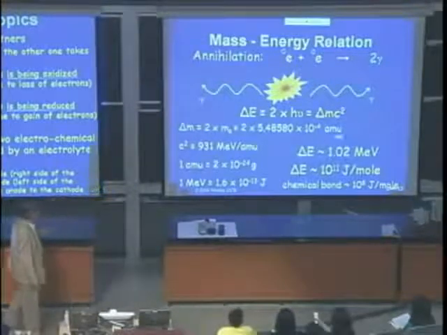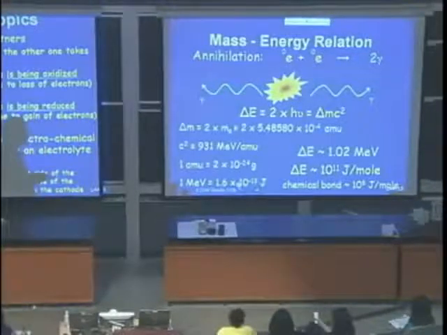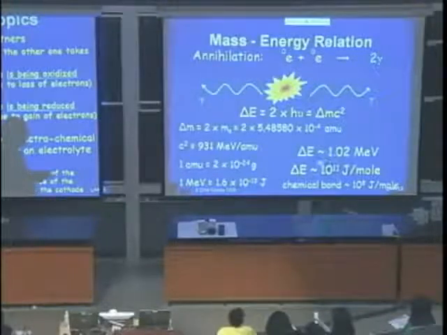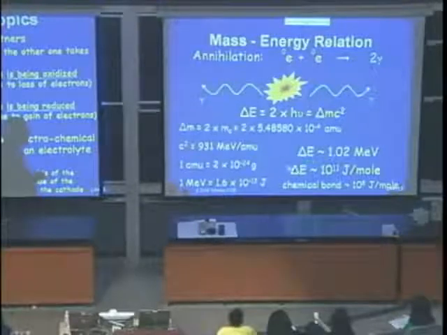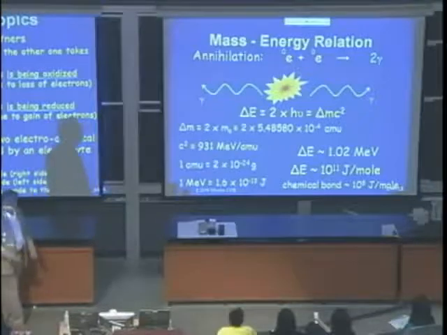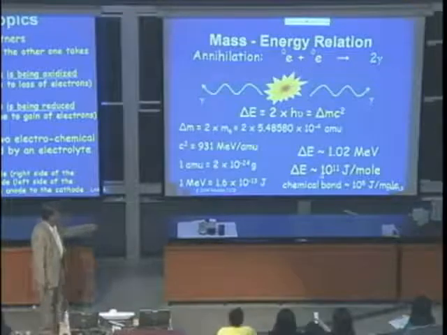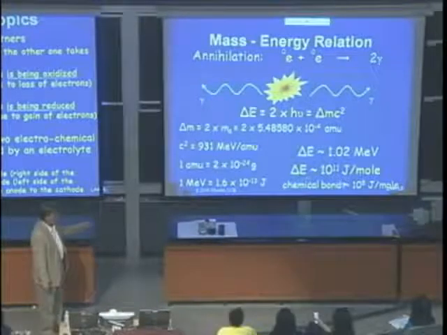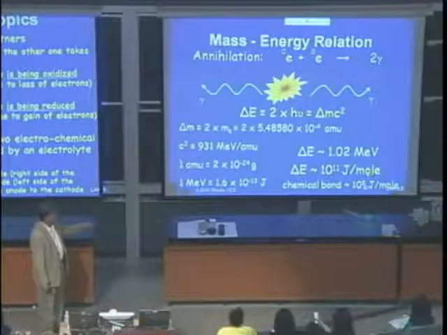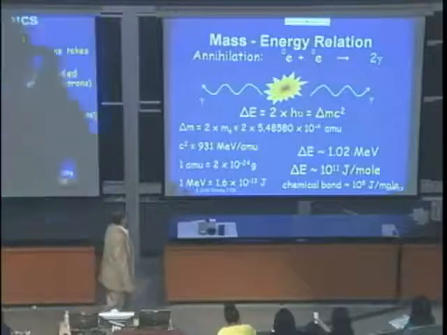Now we want to know how many joule is that. You say 1 mega electron volt is 1.6 times 10 to the minus 13 joule, so you have to put this in here, and with this you get 10 to the 11 joule per mole. If you take a whole mole of this, you get 10 to the 11 joules per mole, and this is a tremendous amount of energy. Tremendous amount of energy. If you compare this with the forming of 1 mole of chemical bonds, it's about 100,000 joules per mole, okay? All right, so this is annihilation,